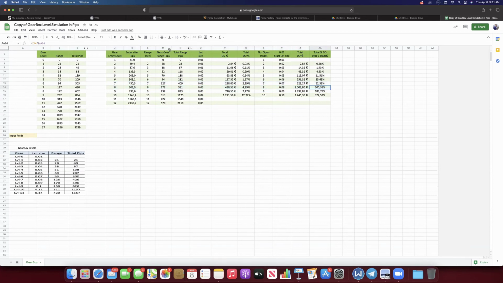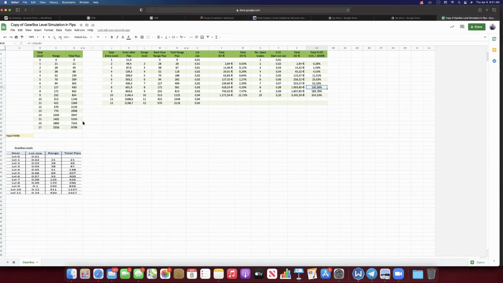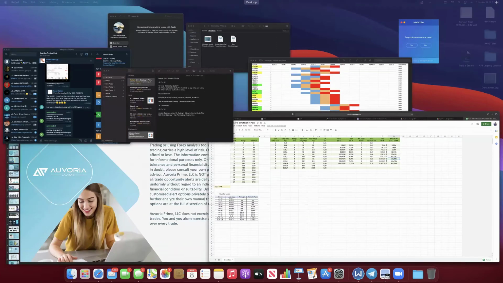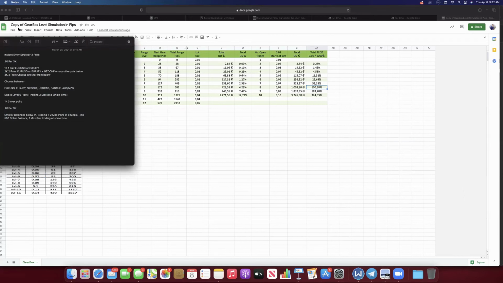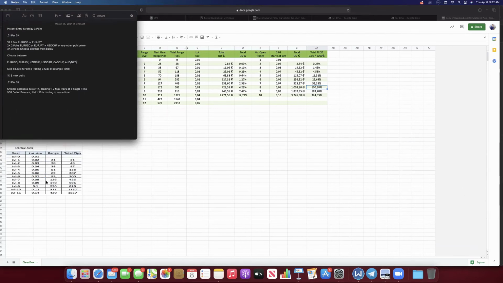Meaning if you're trading $1,000 on skip a level, any of these pairs, you can only actually handle 600 pips. So basically going all the way down here to level 8, right there is where you would blow a $1,000 account on skip a level with only one pair, if it went 600 pips against you with no retracement. So really, if you look at these pairs, many of them are never going to make that kind of move. But again, this is Forex. Anything's possible. So you should always have your risk settings in place.